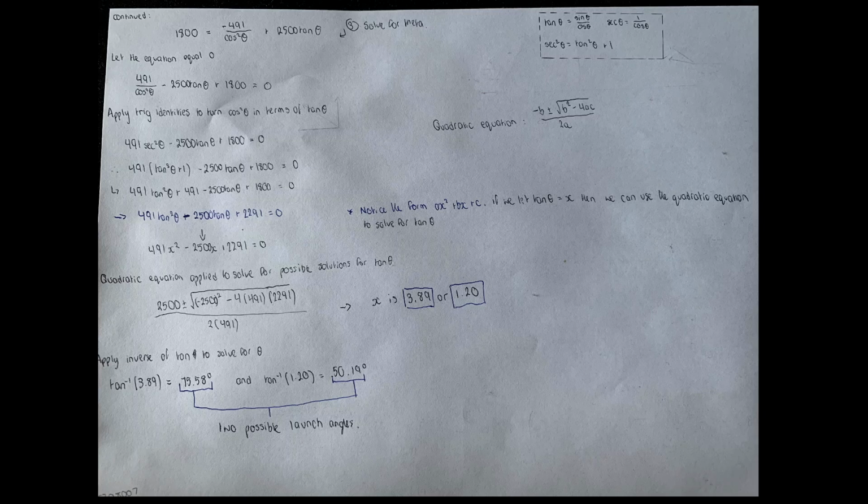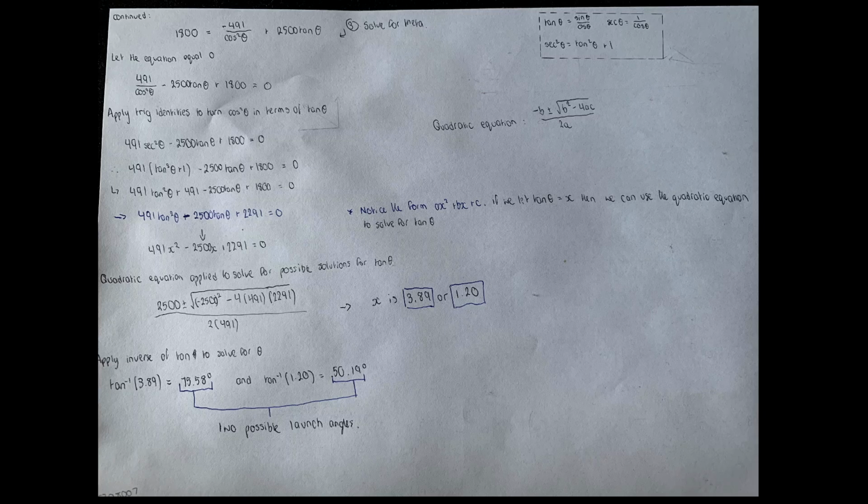Now we apply the sec squared theta, which is equal to tan squared theta plus 1. Applying that trig identity gives us 491 out of the brackets, tan squared theta plus 1, minus 2500 tan theta plus 1800. Continue that on. You multiply the 491 into the brackets and combine like terms, which are the 1800 and 491. And there you're given, in the blue, 491 tan squared theta minus 2500 tan theta plus 2291 is equal to